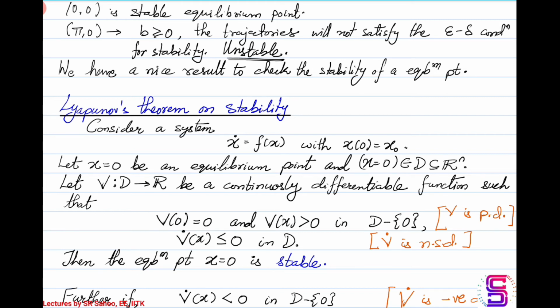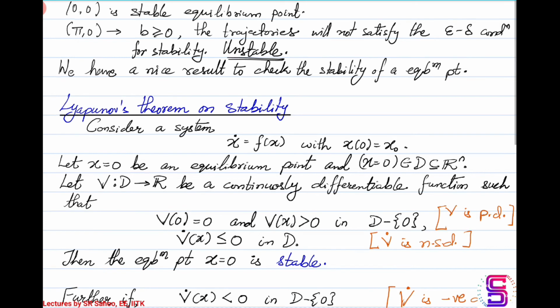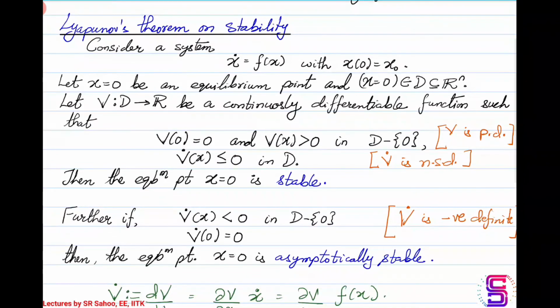If the energy of the system monotonically decreases, and it goes towards zero as the trajectories approach the origin, then it would establish that the equilibrium point under consideration is asymptotically stable. Okay, so you can imagine it like this in the simple pendulum case. When b was zero, you had sustained oscillations that kept on going because there was no damping.